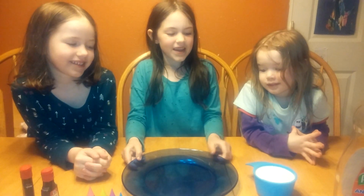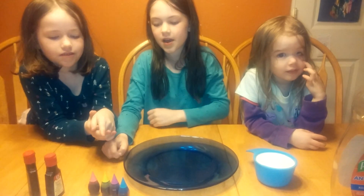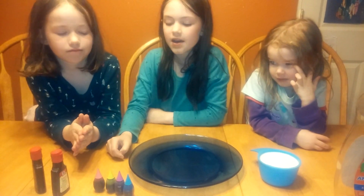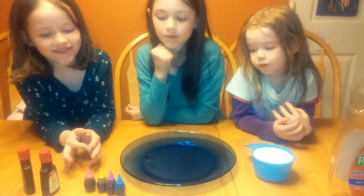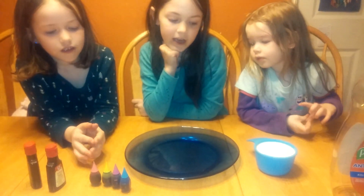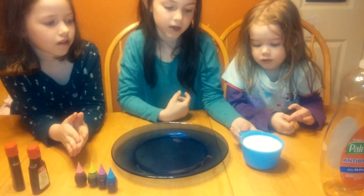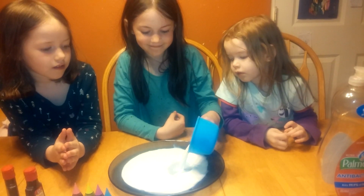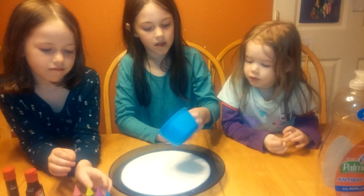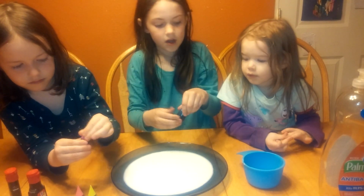You need a plate, 1 cup of milk, liquid soap, and your food coloring. What's your favorite color? First, we're going to start with the cup of milk. We're going to carefully dump it on the plate, and then we're going to add some food coloring,